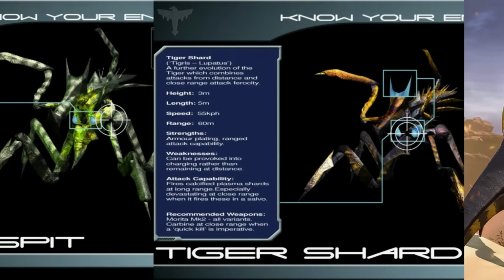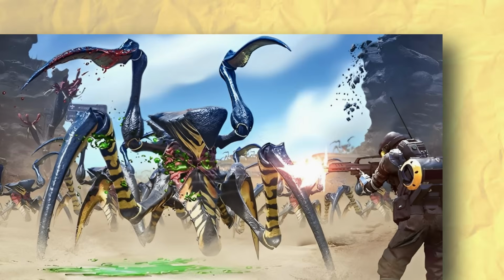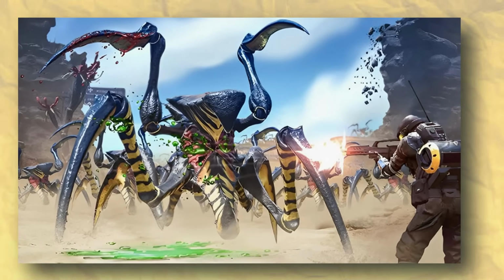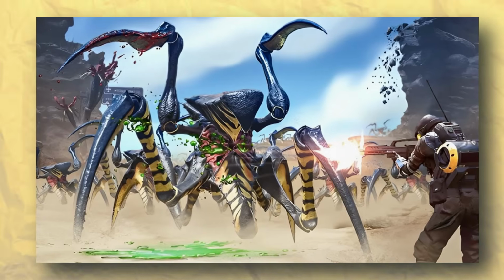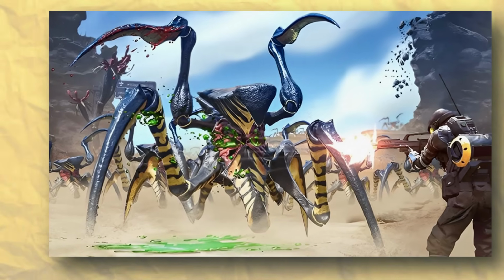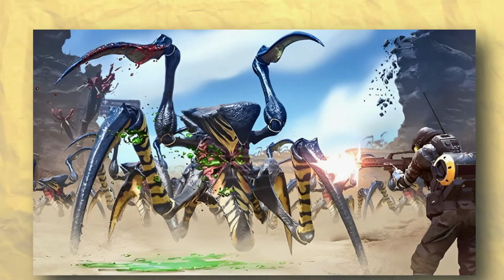these bugs. These bugs have further evolved into tiger spit, tiger shard, and tiger elite. The tiger spit bug can spit acid-like plasma onto its enemies, but it cannot differentiate friend from foe. With the ability to shoot calcified plasma shards, the tiger shard changes its attack strategy depending upon the situation. The tiger elites are the pinnacle of tiger bug evolution and display the best resilience, strength, and size of all